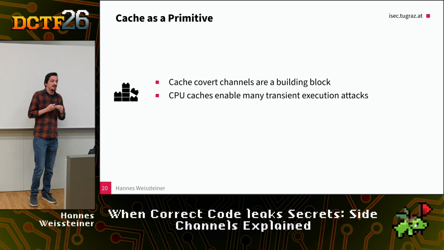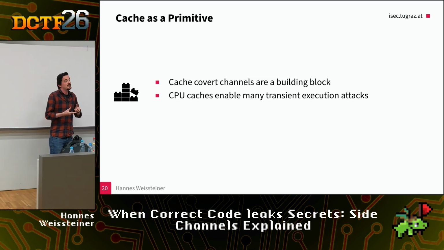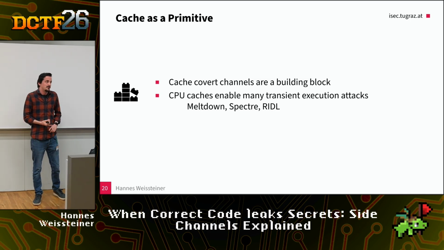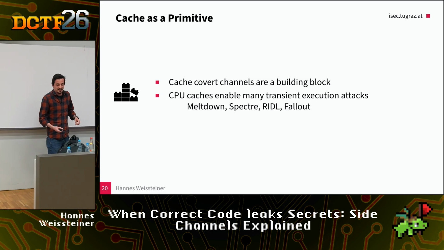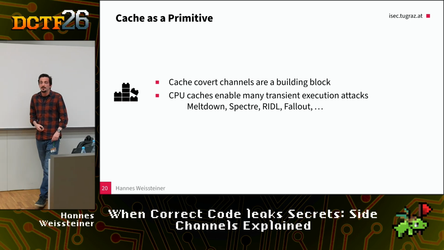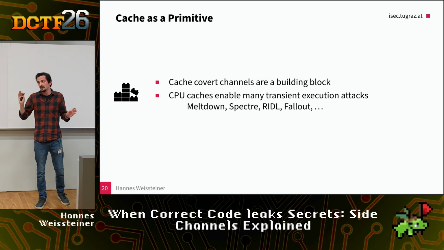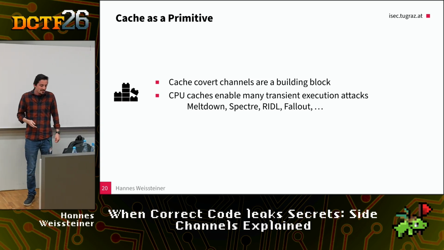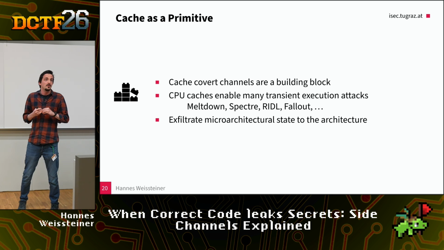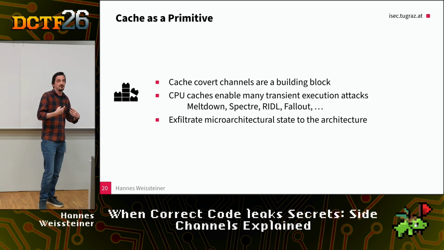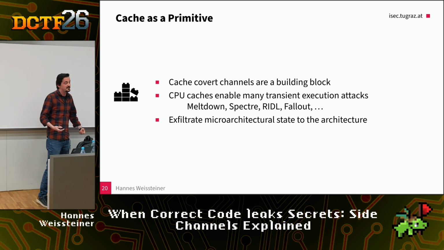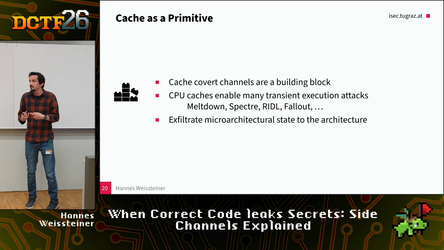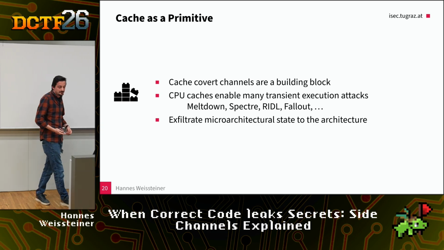So most of the transient execution attacks, Meltdown, Spectre, rogue in-flight data loads, and Fallout, many, many more. These all came out in a short time frame, like 2016 and on. They all worked by somehow tricking the CPU into loading stuff into the cache, even though the user had no permission to read that data.